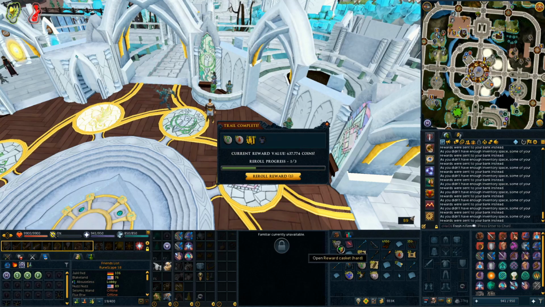Another gold trimmed D'hide body, and oh, the trimmed rune kite shield, definitely a new item. Haven't seen that one yet on this opening at the very least. I kind of want to keep it because it's such good for alks. And we hit the double on the next one. So I always regret keeping those crap ones because then we hit a bunch of fortunates in a row and